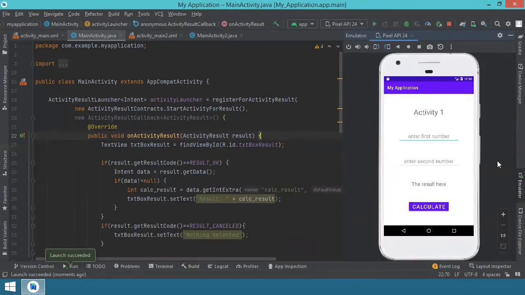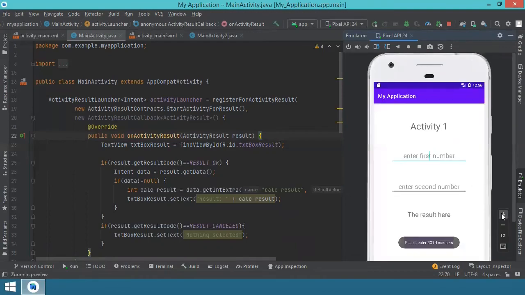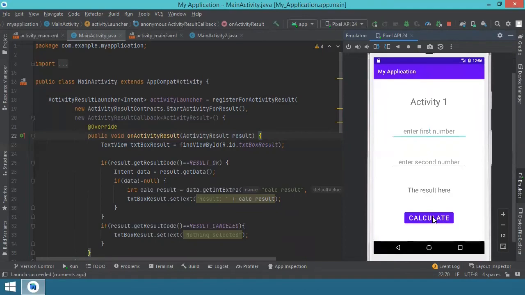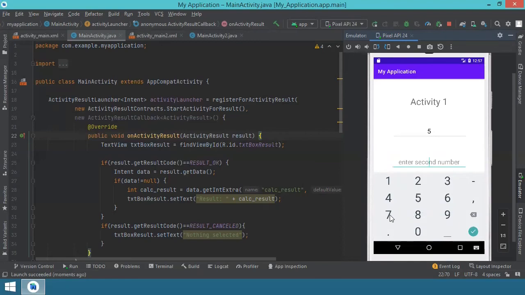The application has loaded. This is the first activity. You can see where it says enter the first number, the second number, the result here, and if we calculate, it will say, please enter both numbers. Let me show you again. Please enter both numbers. I have to enter both numbers. Let's say we enter a 5, and then we enter, I don't know, a 7. So when you press calculate,